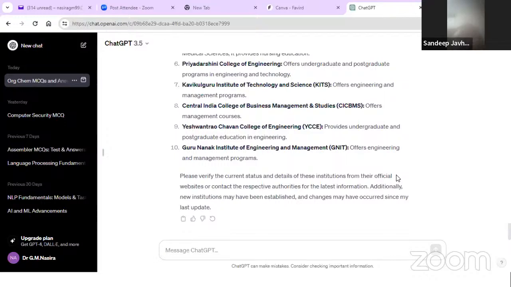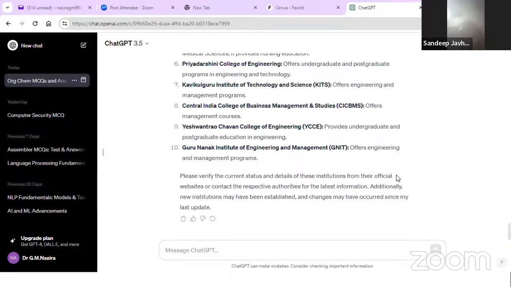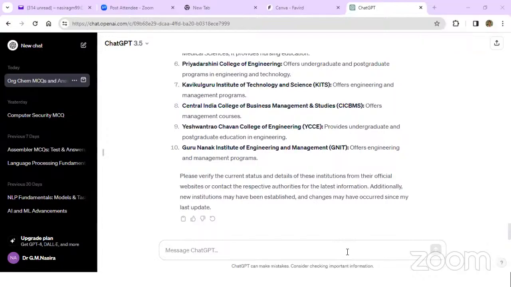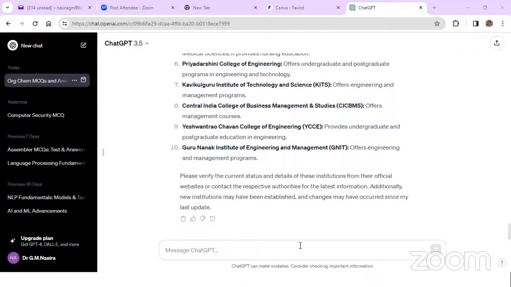Madam, this is Sandeep Javeri from Watching Stop Technology Solapur. Your information is really useful for us. We are using ChatGPT, the website you have shown, for getting question banks and some information. That's nice, because if you have a live trial, maybe you can get some clarification if you need it.